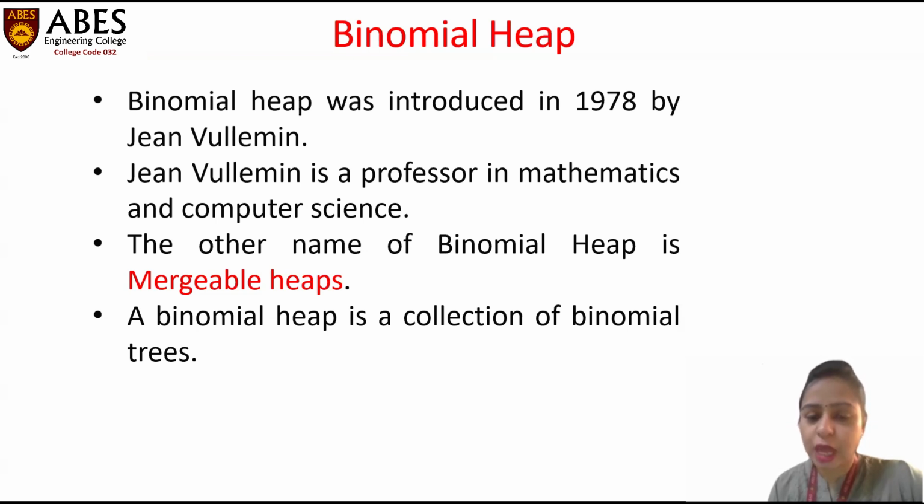Different types of operations are performed on binomial heap. That is, we have to make a heap, we have to find the minimum of that heap, we have to insert a particular node in the heap, we have to perform union of 2 heaps, or we have to decrease a particular node to a particular value, or we can delete a particular value. These are the different types of operations. Depending upon these operations, the heaps can have different complexities. So binomial heap is a collection of binomial trees.